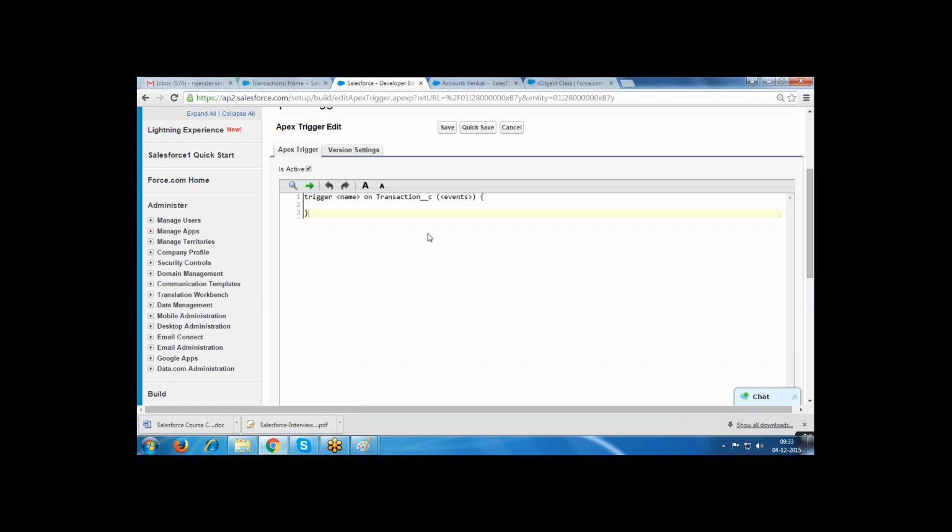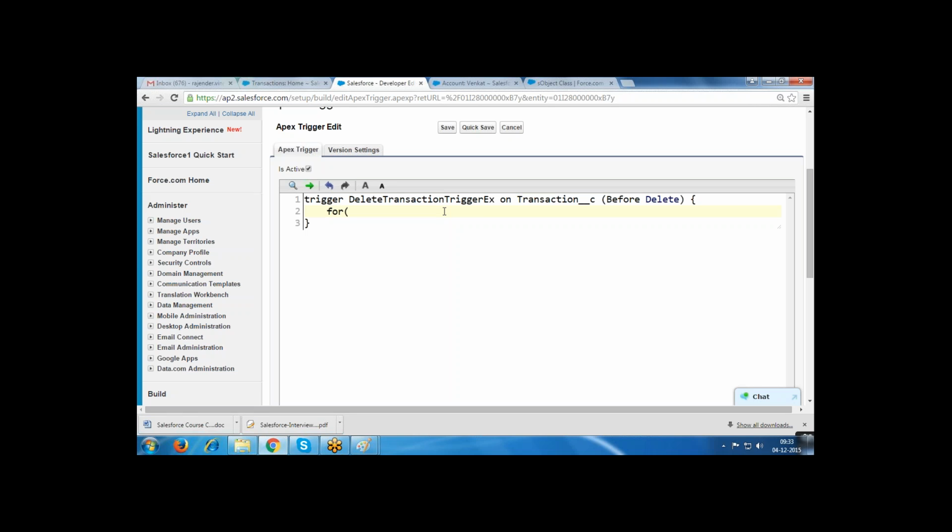Write the trigger, the same type of trigger you can write. Trigger name: delete transaction exception trigger. Event: before delete. I am using the for loop.